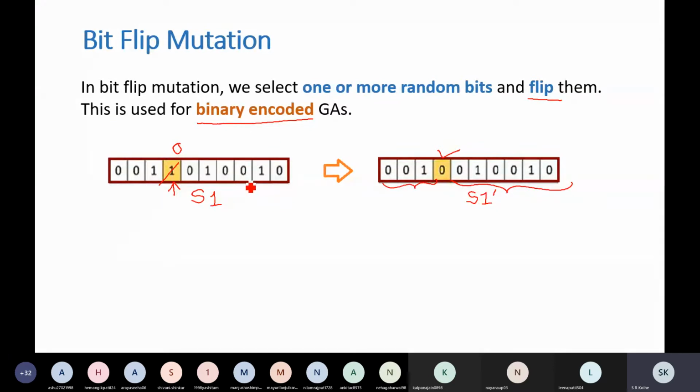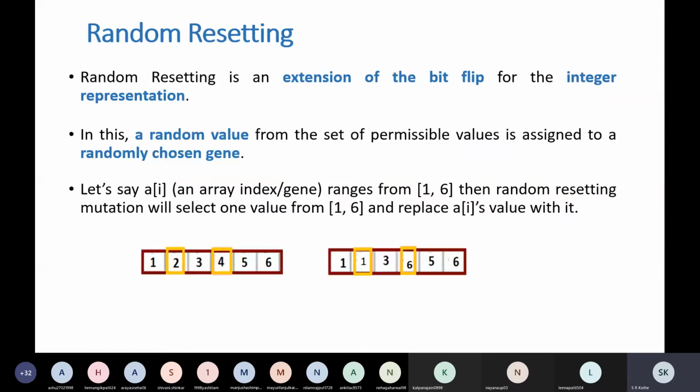For example, another bit selected is this. This is 0, so we are going to change it to 1, flip it. So in the resultant chromosome, instead of 0, it will be 1. Okay, a simple mechanism which is called bit flip mutation. But as we have seen, this mutation should be applied with low probability. Otherwise everything will change, and there will be no relation of the new solution with previously generated solutions. We don't want that. The next technique is random resetting.